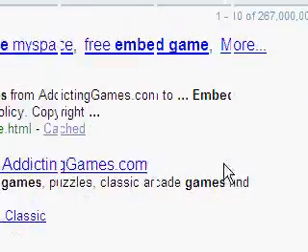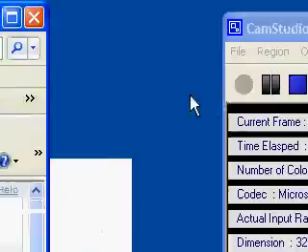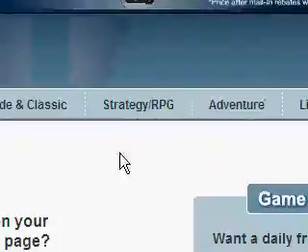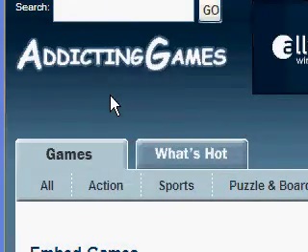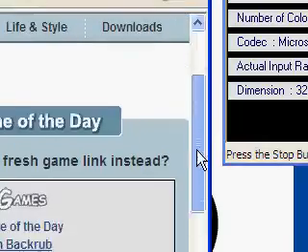Okay, now once you have logged into the website that you'll be using for your embedded games, like I said, let's go ahead and make a list, and here's just what your embedded codes will look like. Okay,